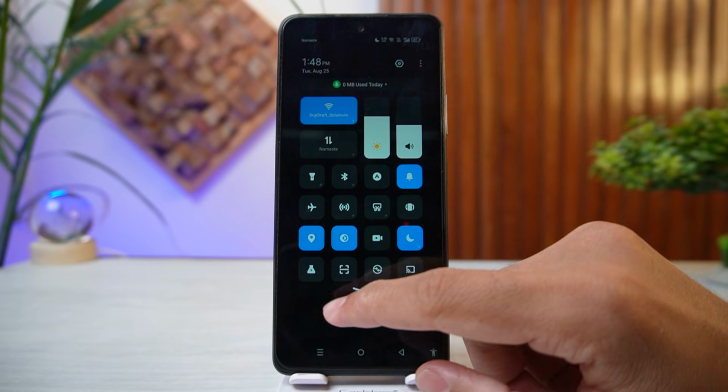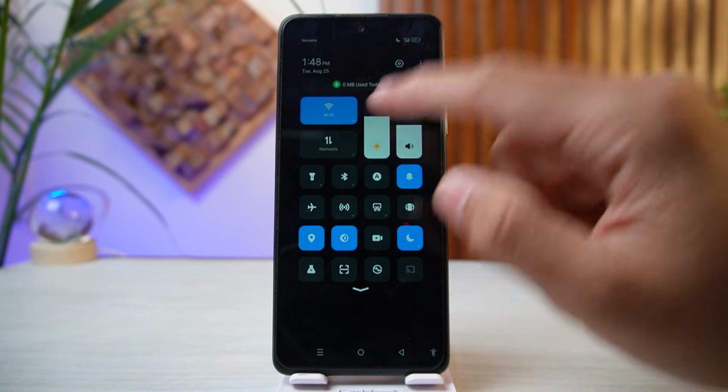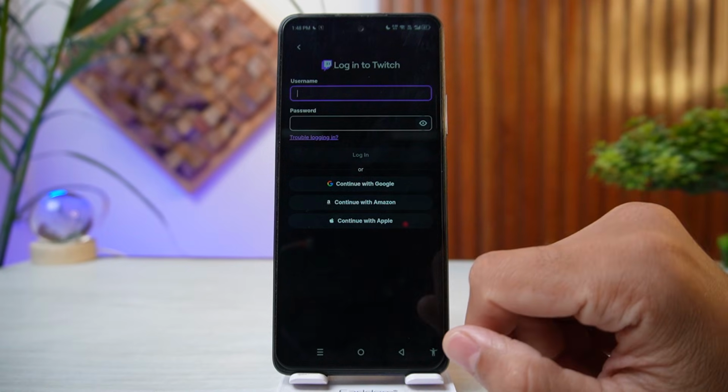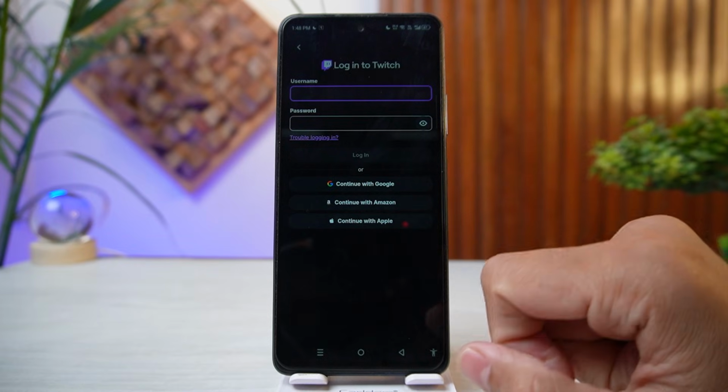After that, what you can also try is you can simply turn on your airplane mode over here and turn it off back again, since this resets your Wi-Fi settings over here. After that, if you are still applying your username and password correct, however, if you are not being able to